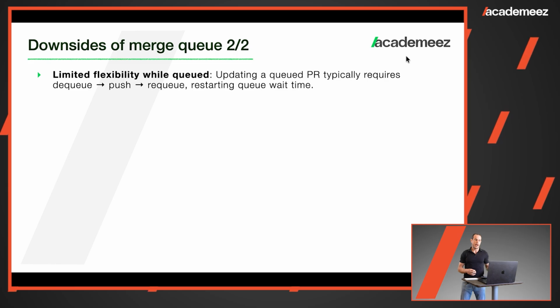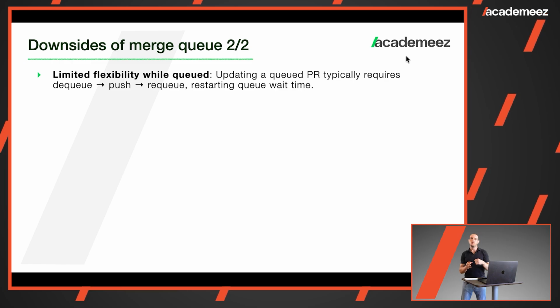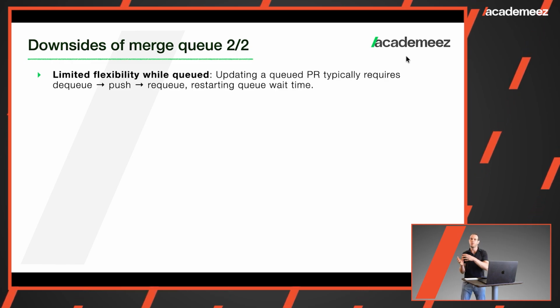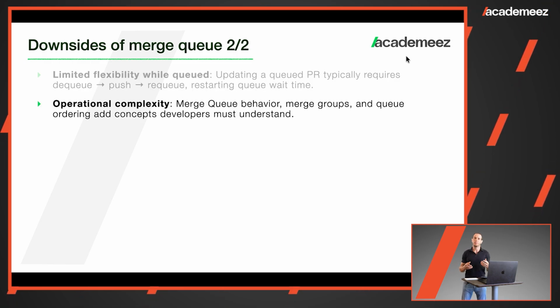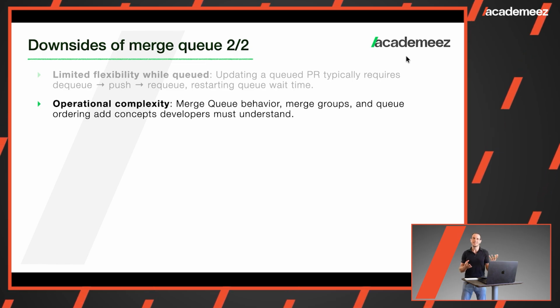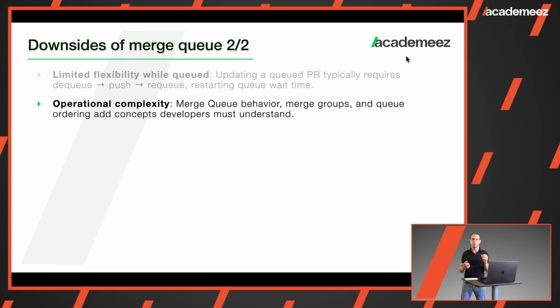Another downside that we might have is limited flexibility while queued. This means that when your pull request is in the queue, you cannot push, you cannot change your pull request. You have to go to the queue, throw your PR out of the queue, and then you can push updates to your pull request. Operational complexity. In general, although we've seen a simple solution of a merge queue, just going to GitHub Actions, adding the merge group, and this was all we had to do. And although it's